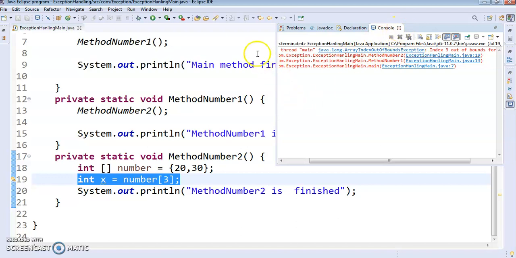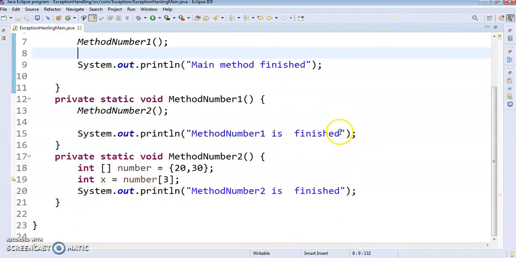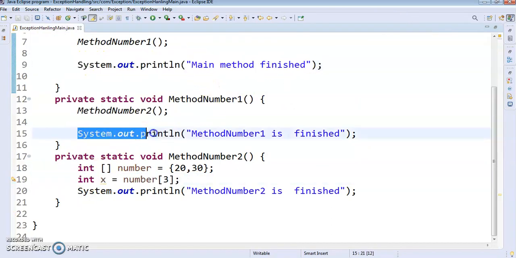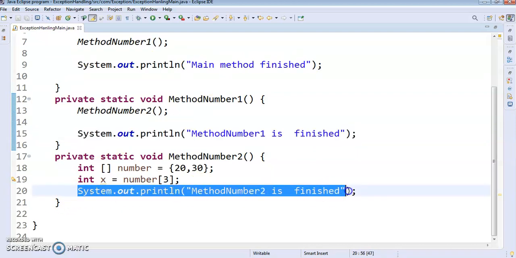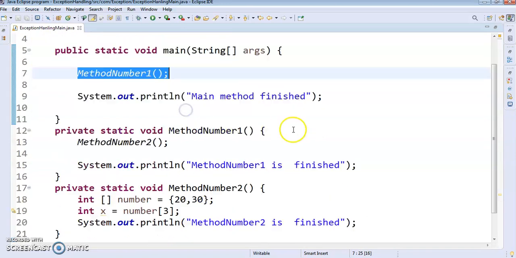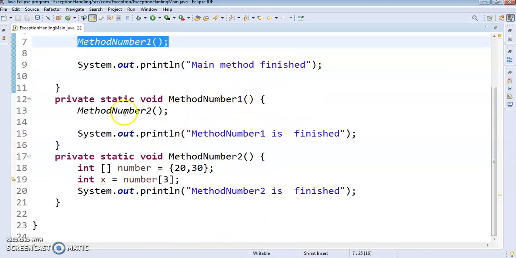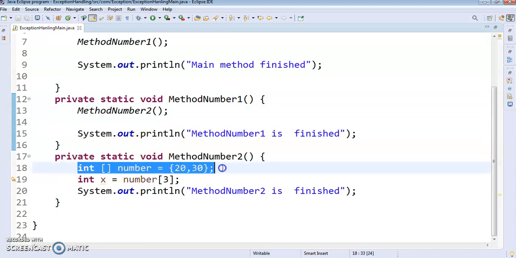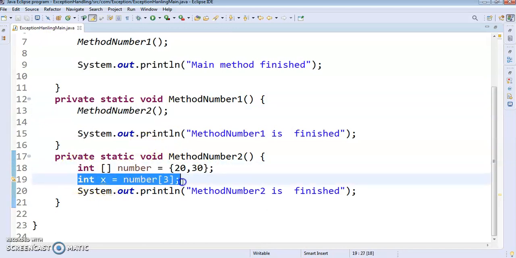Now what does that mean? Here the exception is being caused, and no sysout is going to be printed over here. Why is it not printing? Because when main calls method number 1, method number 1 calls method 2, it comes here, executes this line, and the exception is caused.